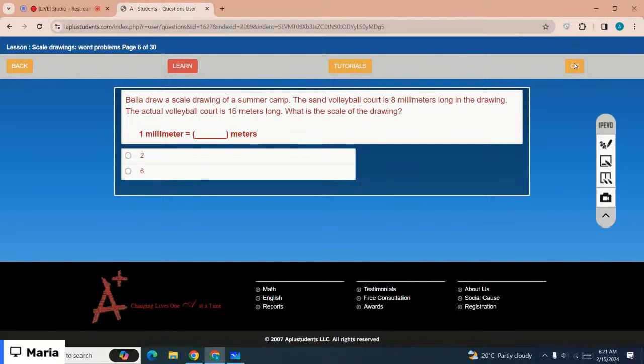The correct option is 1 millimeter equals 2 meters. The correct option is 2 meters. Okay, you can complete the lesson by yourself later today. Let me just move on to the next lesson, and the next lesson is